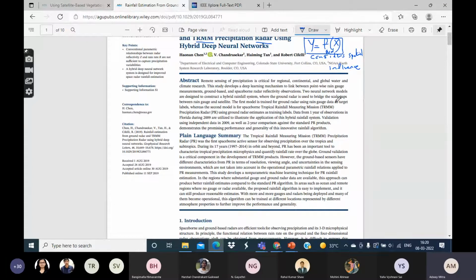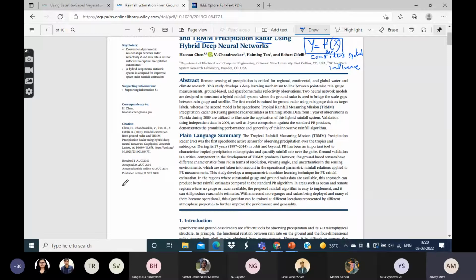So the rain gauge data is something like our ground truth in this case, the actual values of y, right? And x1 is the ground radar observations. Whereas the second model is for spaceborne tropical or TRMM precipitation radar using the ground radar estimates as the training